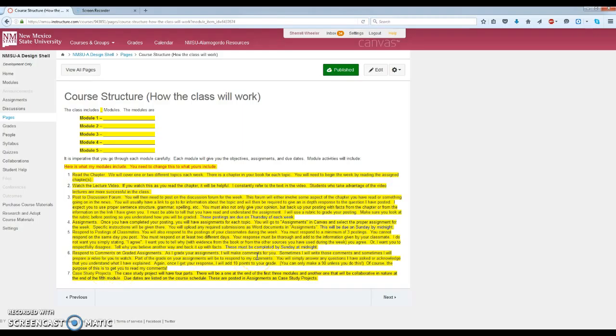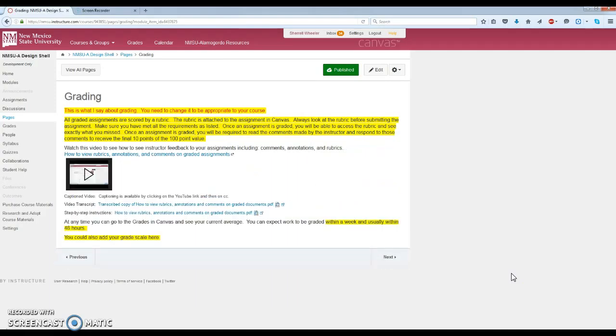For an online course to truly be successful, there needs to be some routine in it. Students need to know what to do every single week. And basically my course has a very set structure that makes it very easy for students to follow through. So this is the information from one of my courses, and of course it would completely change for all faculty, but it gives them an example of what to put there. And then the grading. What do you want your students to know about grading?